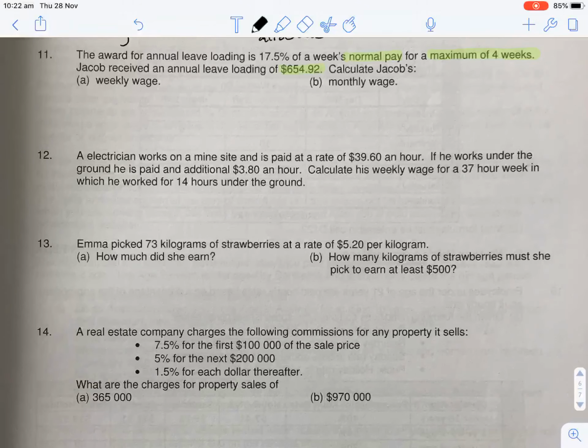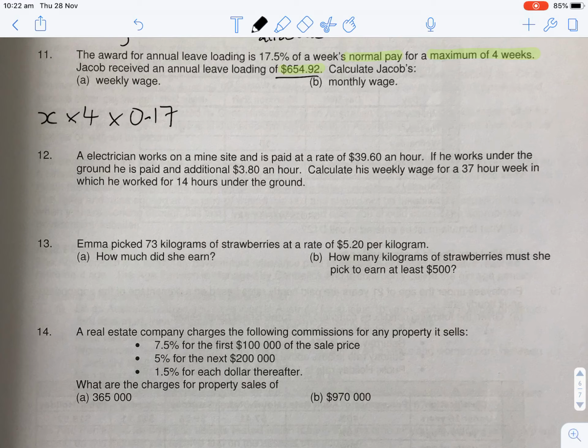So if we wanted to do this, we basically would ask ourselves, if I knew all the numbers, how would I have gone about calculating that leave loading? What I would have done is got my normal weekly pay. We don't know it, so we're going to call it X. I would have times'd that by 4, because I know he's getting the loading for 4 weeks. And once I knew his pay for the 4 weeks, I then would have times'd that answer by the 17.5%,